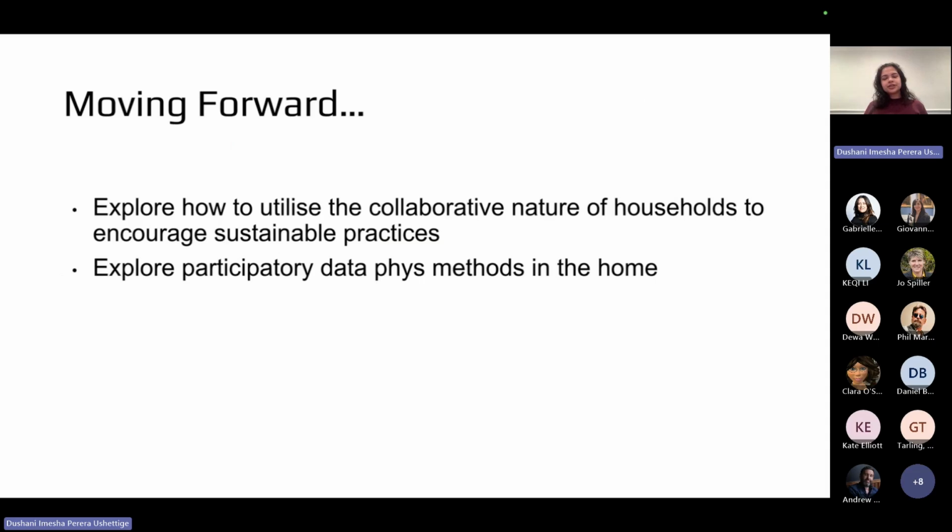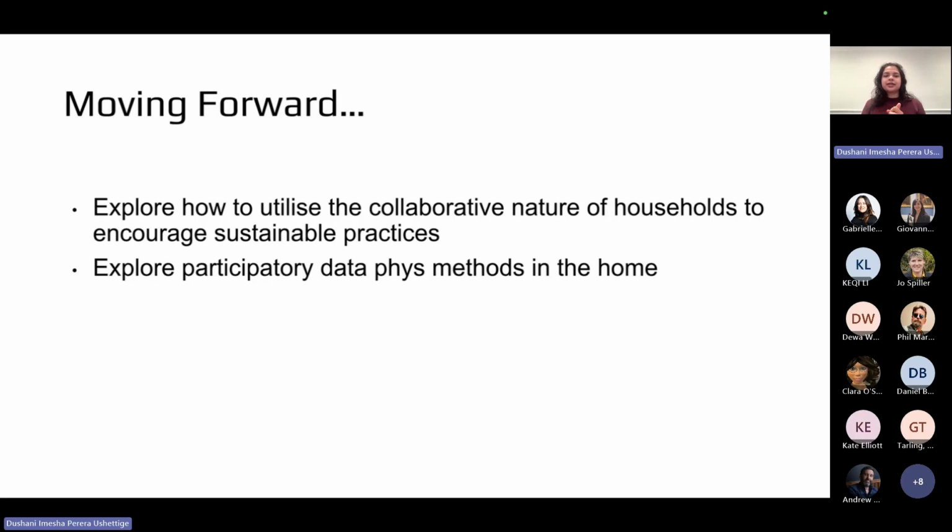Moving forward with this research, I would really like to explore the collaborative nature of households in engaging in sustainable practices. I would like to explore how to move beyond designing for individuals to designing for a household unit. As a unit, how can we better motivate children, parents, or occupants in a shared household to work together towards sustainability?